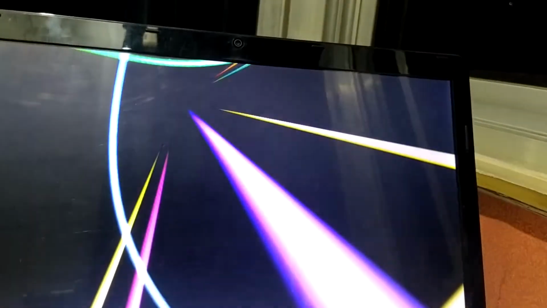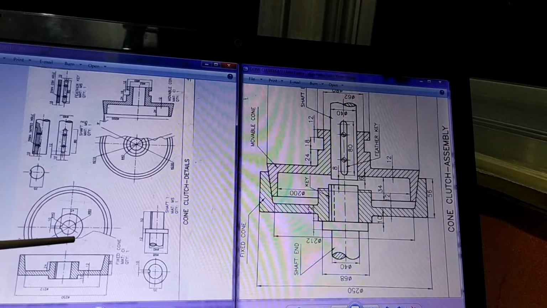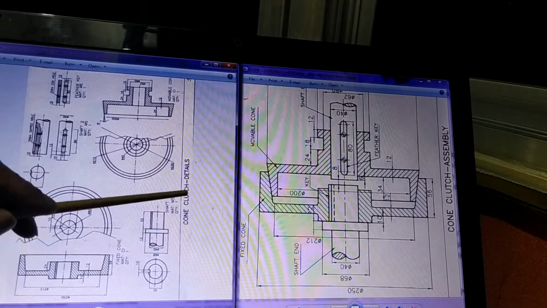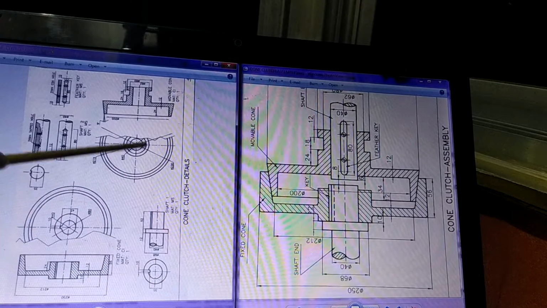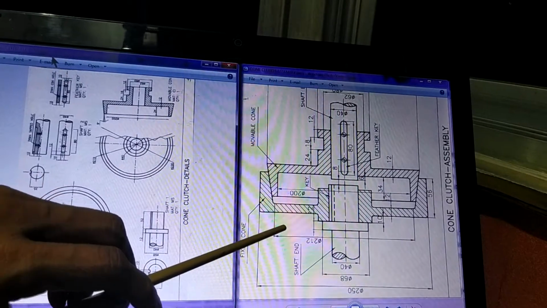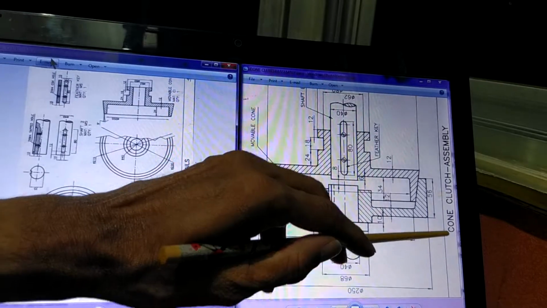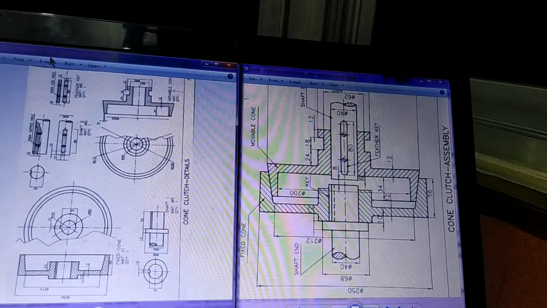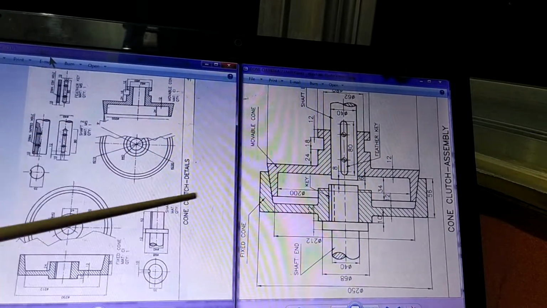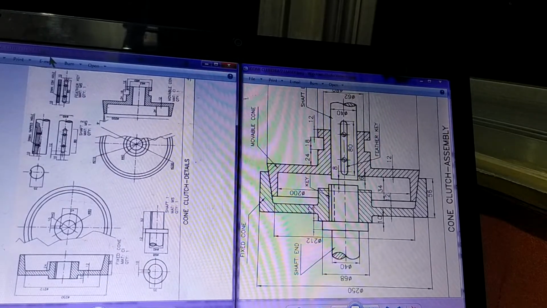So when a person is working on this, the person will start understanding these parts, and will be thinking of how I am going to assemble these parts to perform this kind of a function. And once that is successful, then this assembly takes place, and this is the assembly that is done, where all the parts are properly fitted in each other and the assembly is formed, which functions as a cone clutch. Now for this, I have given you an example of a detailed drawing set and assembly to explain what is assembly and detailed drawing. There are certain rules which are to be learned, which we are now going to learn.